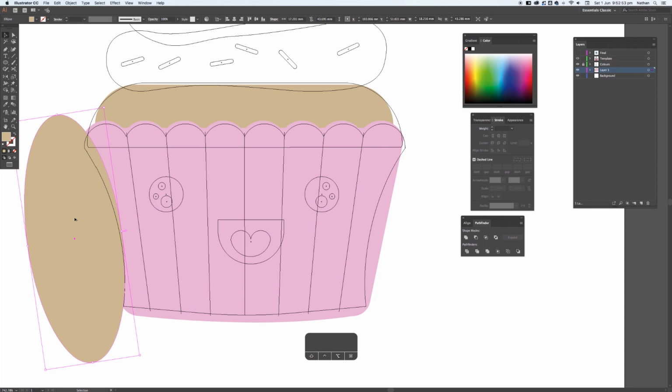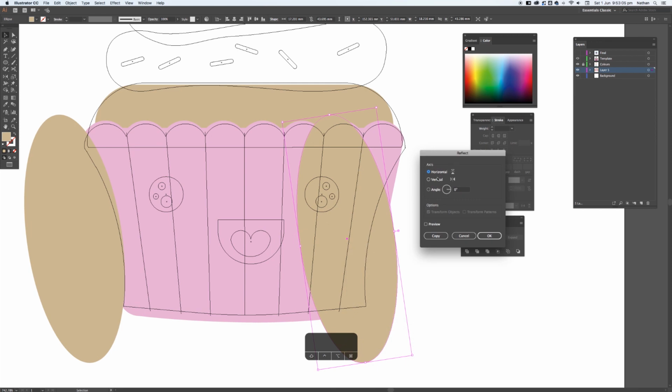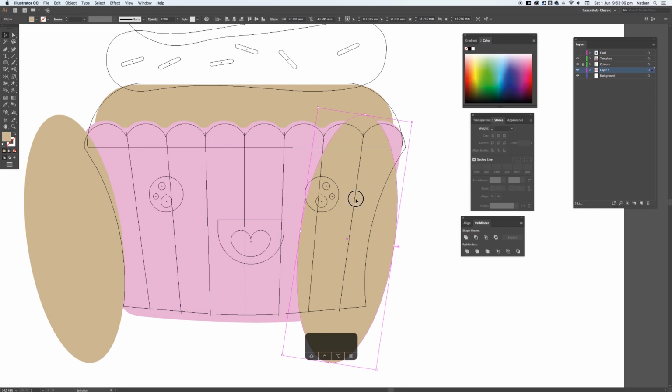Then using Alt and Shift, I'm going to drag out a duplicate copy. Then right click, transform, and then reflect. Making sure vertical is selected, click OK. Move it into position,